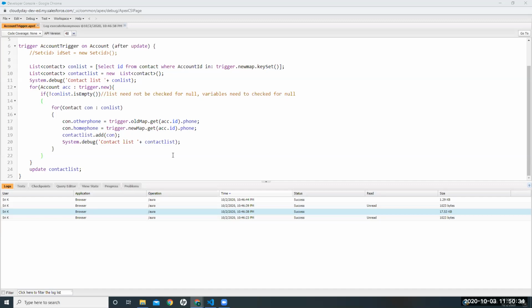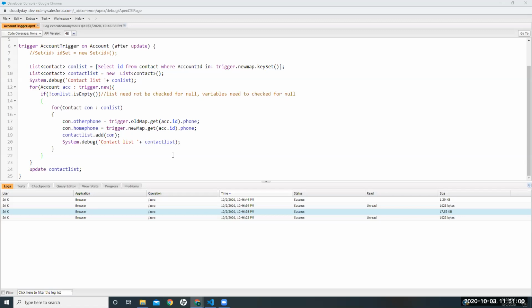We are only selecting ID from the contact object, where account ID is a field on the contact object, and where account ID in colon. What "in" indicates is very different from what equal to means. Equal to means this value should be equal to this, but "in" means it should be in this particular list or set.